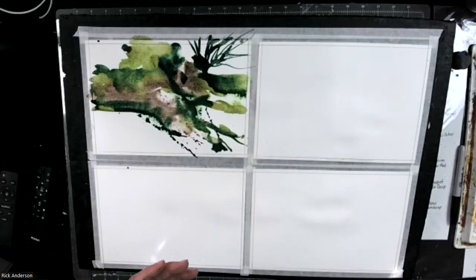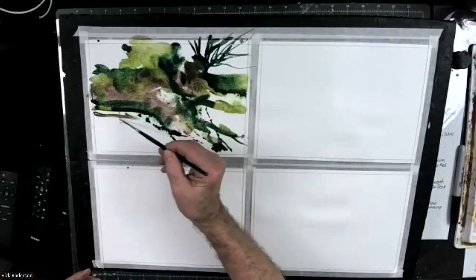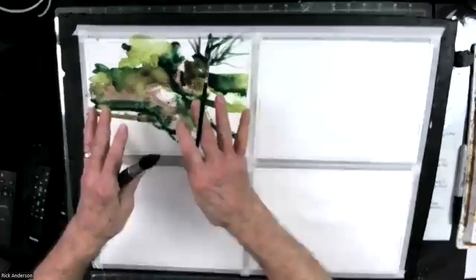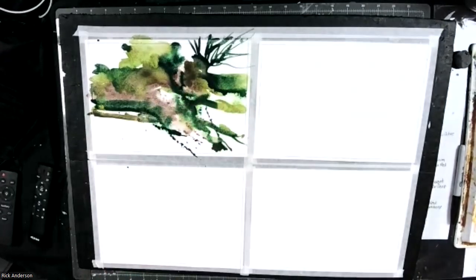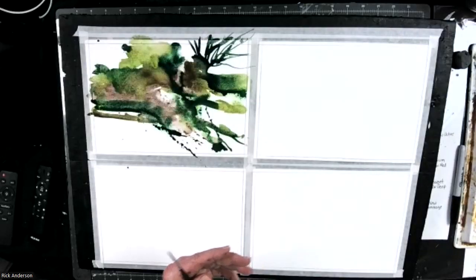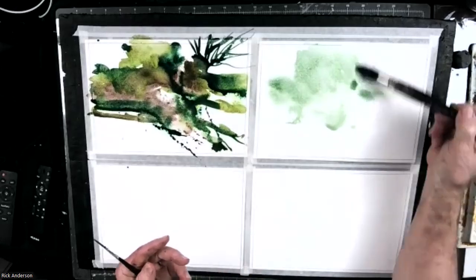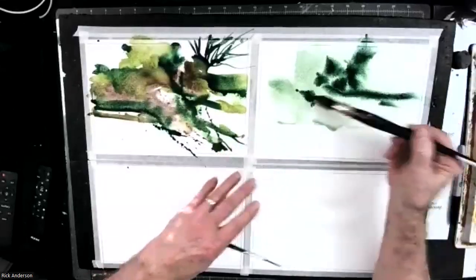Now here's the tiger's eye genuine. I can lay that in. Just gives a little different, nice contrast. Now what I would do normally, stop at this point and let that dry if I'm working on more than one at the same time, and then come back on another piece. If I want to create just maybe a tree line here. And as that would dry,